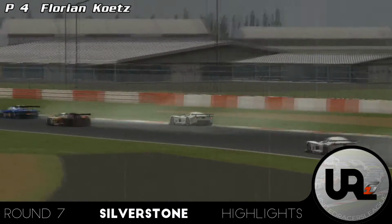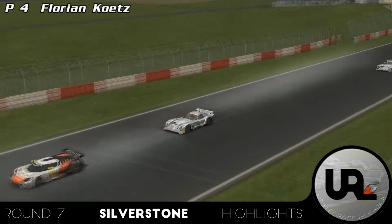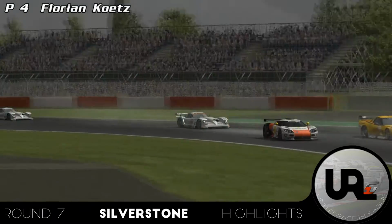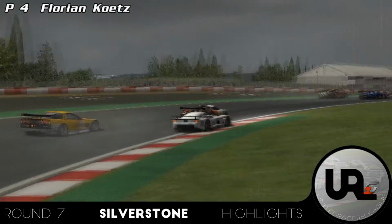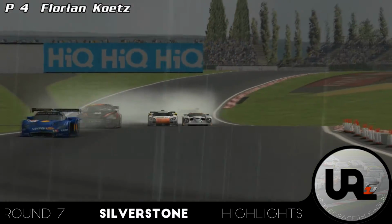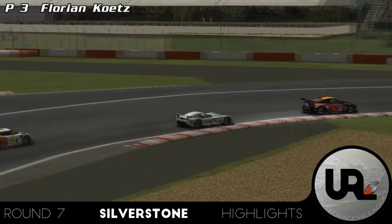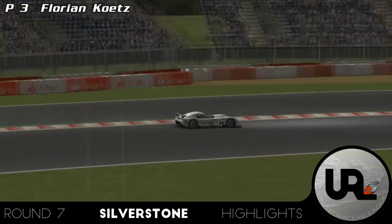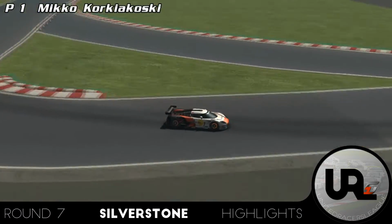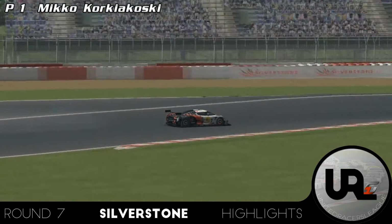Will Florian go with him? We'll see in the next braking zone if he can outbrake Sten. It will not be easy. Sten goes a bit defensive. Oh, there's Florin Manolace or Greg Metcalf, I'm not sure, but that was a bit of a touch from Sten there, and Florian Kutz goes for the inside and goes through, so he lost a minimal amount of time to Tony Ukic, but Mikko Korkiakowski here kept this lead until the end and took another very hard-fought win this time, closing